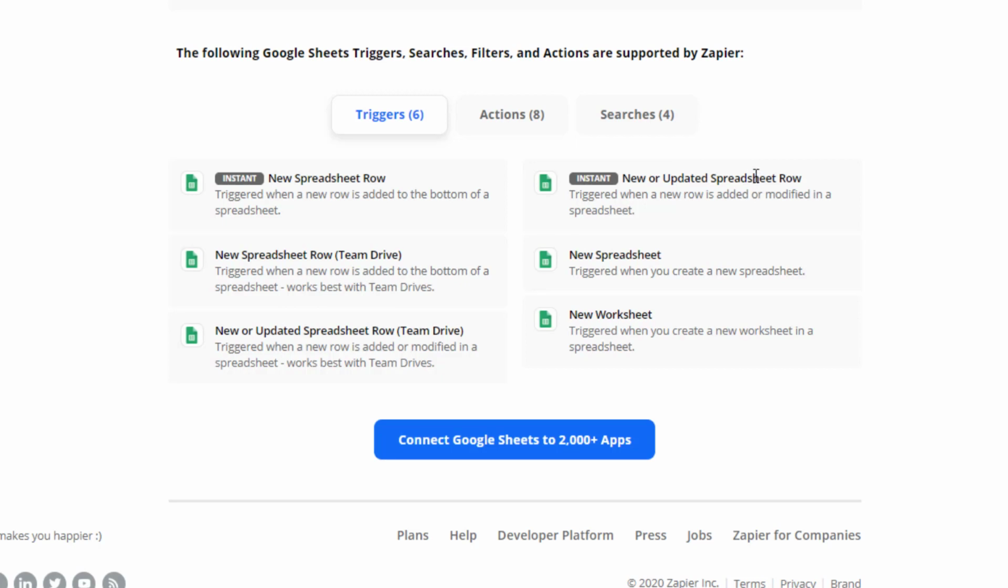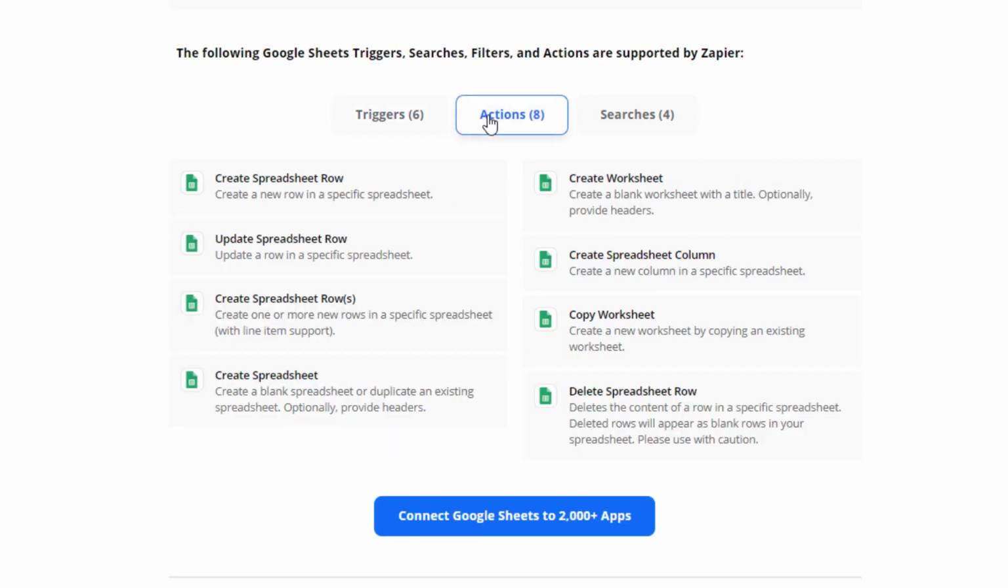Moving on to actions, these are the actions you can perform in Google Sheets from your workflows. So let's say someone fills out a contact form on your site, that might be the trigger. The action could be add them to the spreadsheet, and you'll see exactly how to do this shortly. You can see we've got a bunch here. We can create a spreadsheet row, we can update an existing row, create multiple rows,